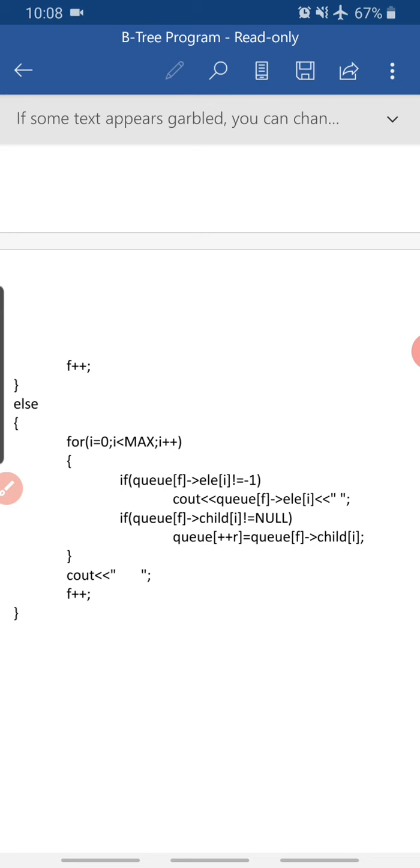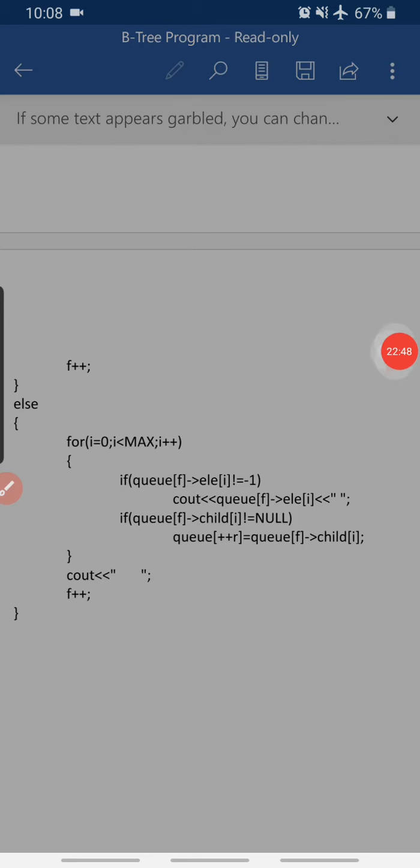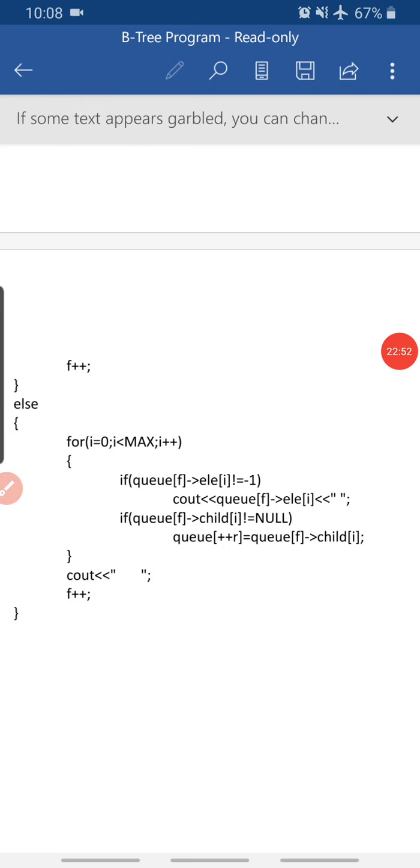Even in your theory exam, if we ask you to write a pseudocode or an algorithm of how split is performed in a B tree, or how overflow is checked, or how create node is happening, you must be in a position to write them. Even if not as complete code, you should know it as pseudocode or algorithm steps, right?